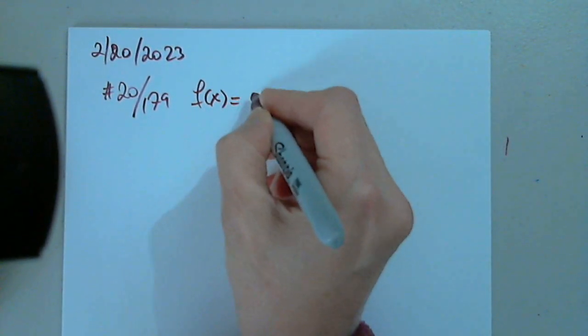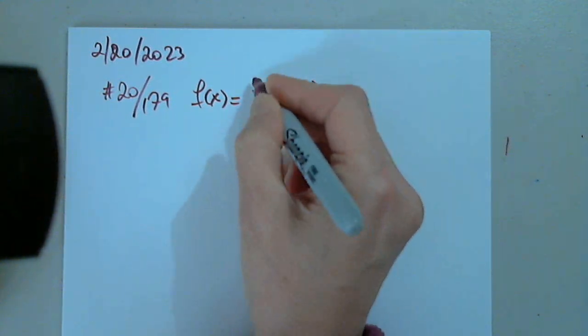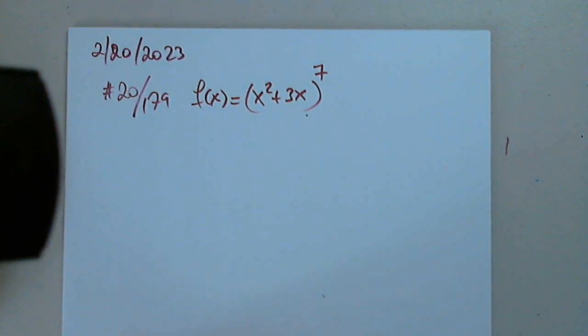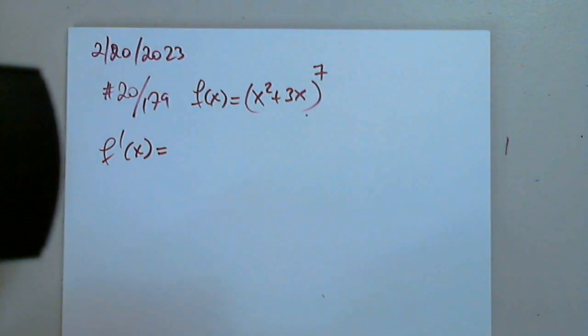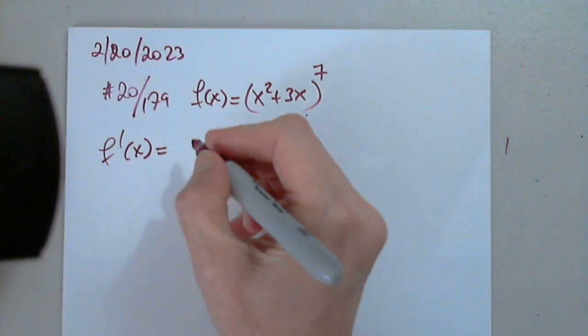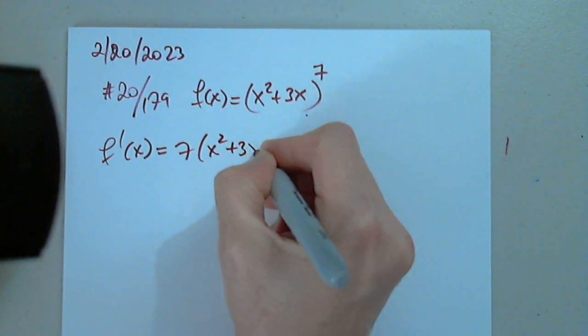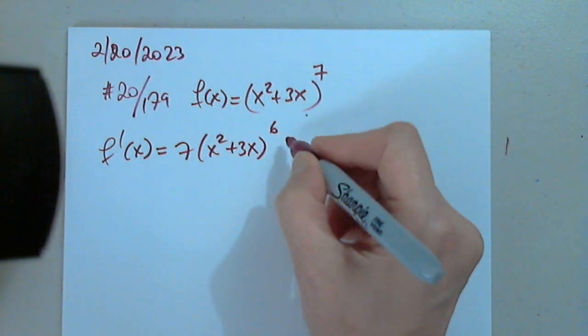So we have f of x equals (x squared plus 3x) to the 7th power. Very good. Awesome. So we want to differentiate this, and let's do it. So f prime. Anyone would like to help? It's 7 (x squared plus 3x) to the power of 6, and then it should be times